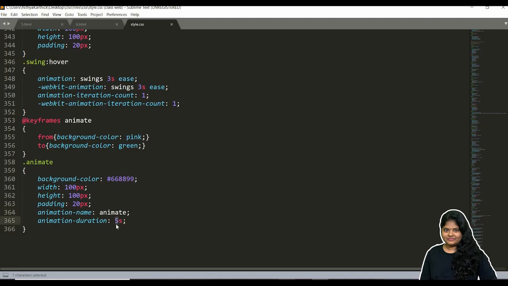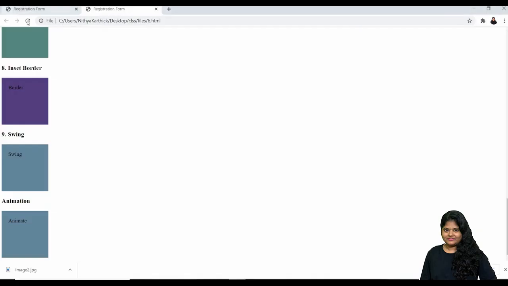So let me give this as 5 seconds, sorry 15 seconds, refresh and watch what is going to happen. See, yes, I hope you can notice that it's starting from pink and slowly taking 15 seconds to reach that green color from pink, right?